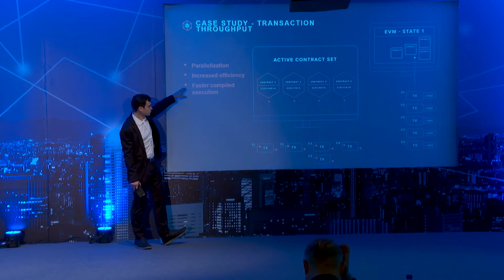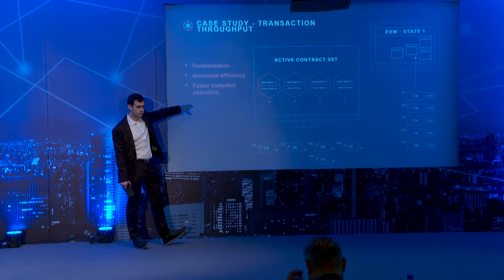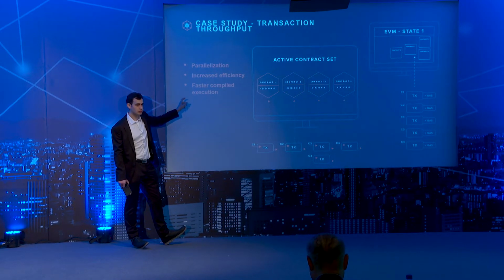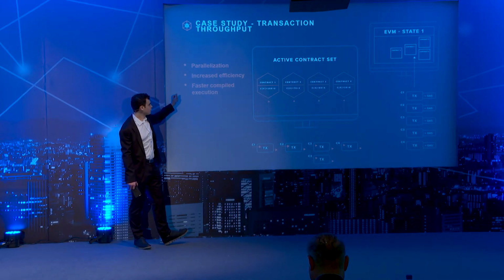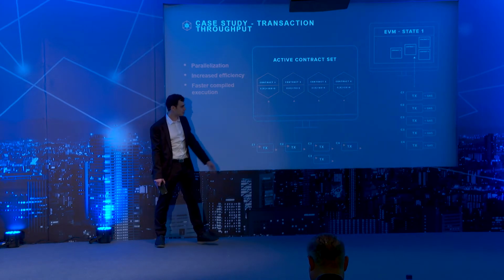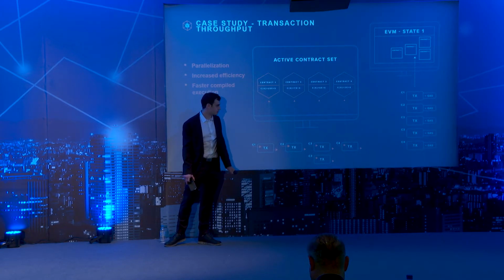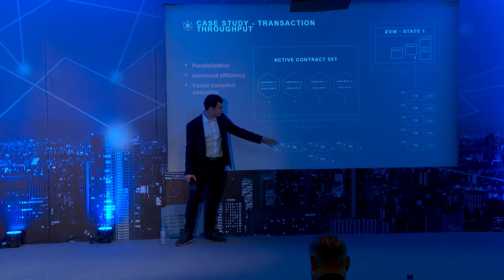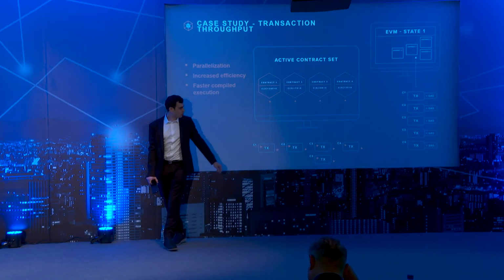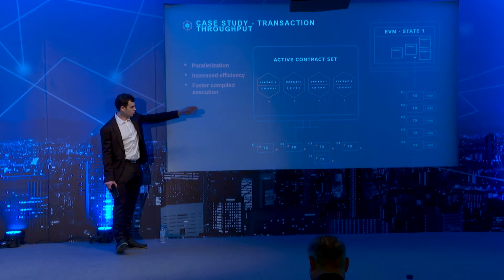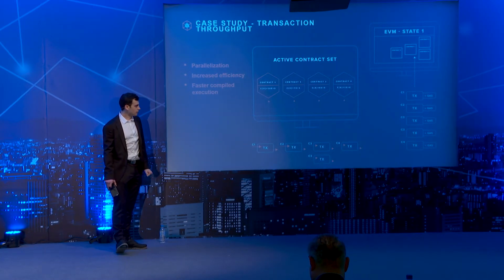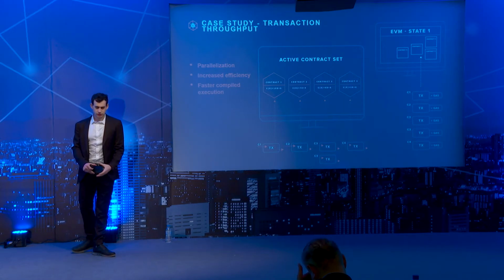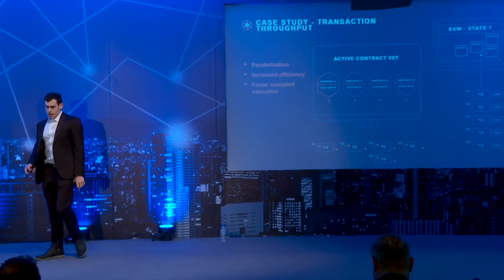With us also, because we're compiled rather than interpreted, we run at the same speed as whatever software program you have on your computer, so everything is like 10 to 100 times faster. We also have increased efficiency because we don't have to move the gas counter for every operation. So in this example, for us it would take something like 2 steps, the lowest common denominator, whereas for Ethereum it would take something more like 10 steps, 1 for each plus the gas, but then you have to times that by 10 because they're interpreted rather than compiled. So you see about a 50x efficiency right off the bat.